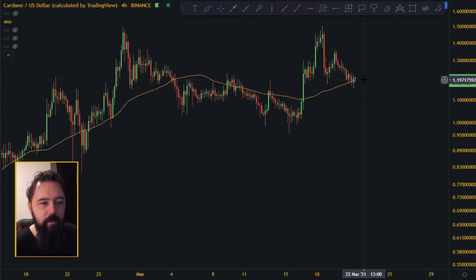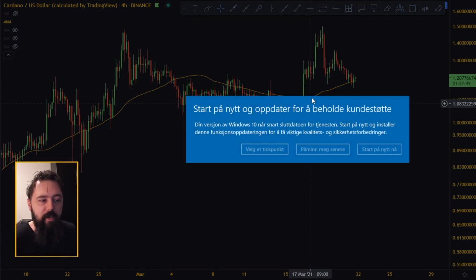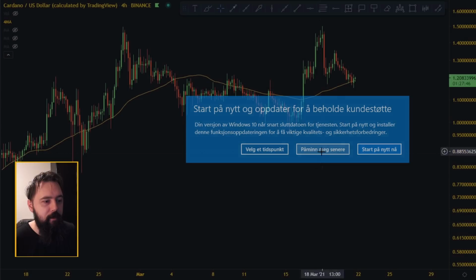So we are again doing just normal price movement, hitting the supports that we are supposed to be hitting, because once you break support,